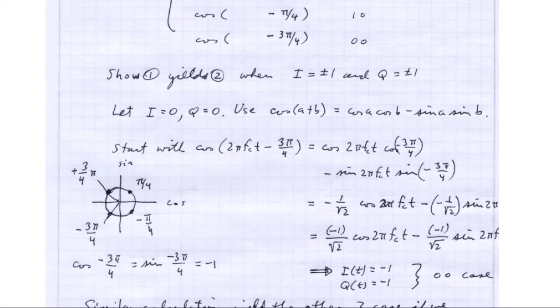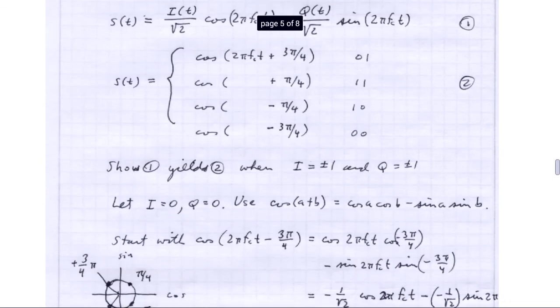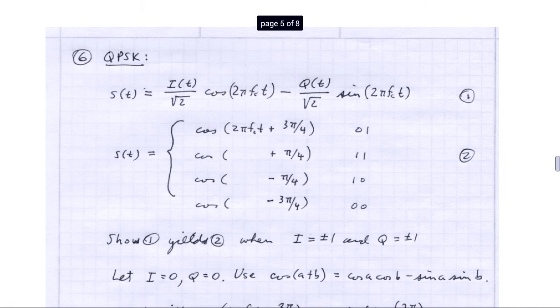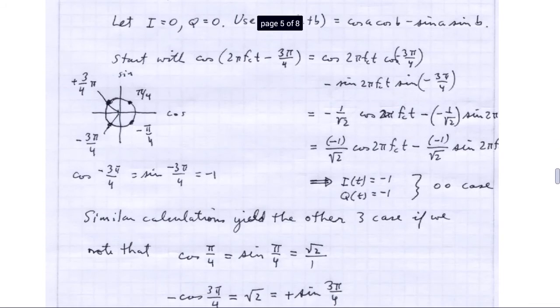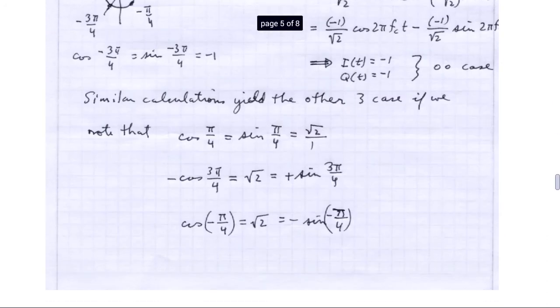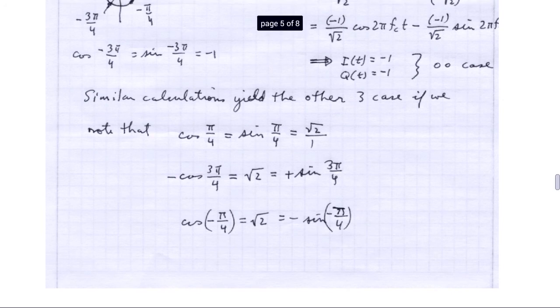And if we look at that and compare it with equation 1 above, in equation 1 above, I and Q are the thing in the numerator above the root 2, in an equation where the term in front of the cosine is positive and the term in front of the sine is negative. So we can identify these two values, negative 1 and negative 1, with I and Q. So I and Q being negative 1 gives us the 0, 0 case. Okay? And at this point I just say similar calculations yield the other 3 if we note that at pi over 4,